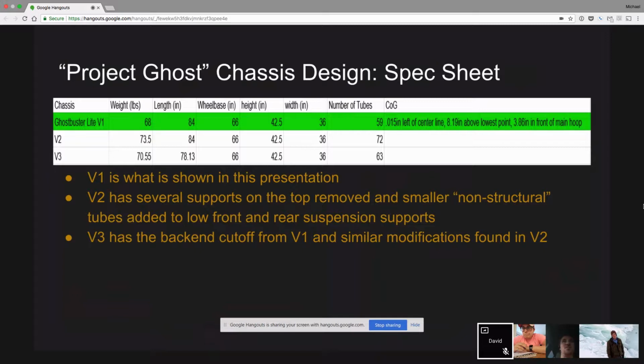it's a little bit where that's where we want it. Given our battery and driver, I'm absolutely sure that the final CG will be exactly where we want it. We're very close, so I'm not extremely worried about that. Version 2 has the top front suspension and it has a sort